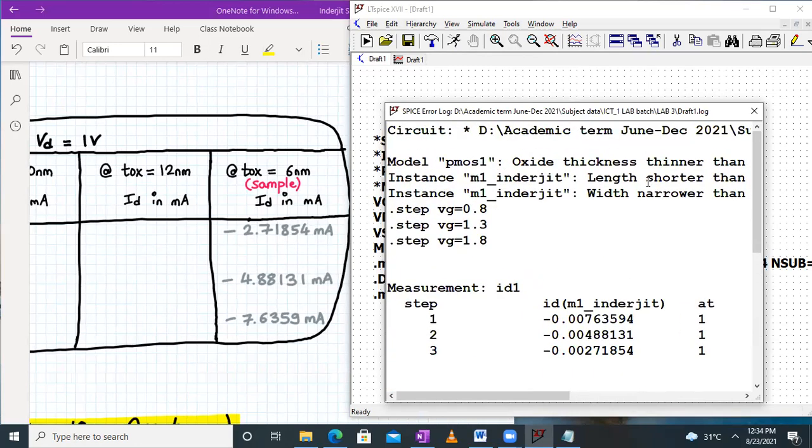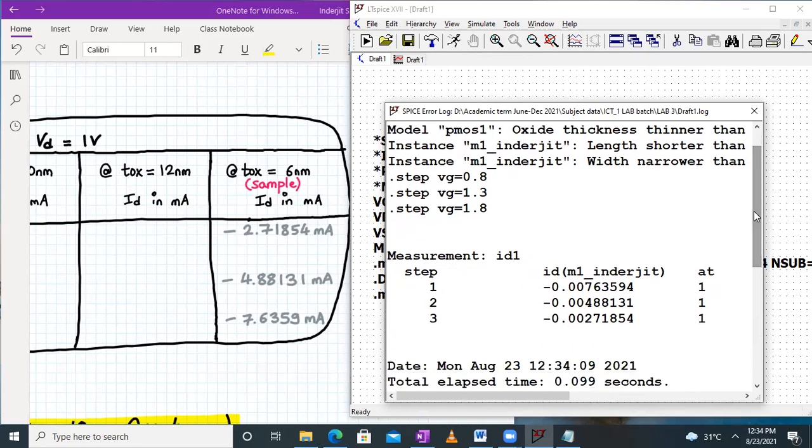So here it is. I hope it is visible. For the step sizes VG equal to 1.8, 1.3, and 0.8, it's directly giving you the value of ID over here. No need to adjust the cursor and note down the value. Here we can get the exact value.